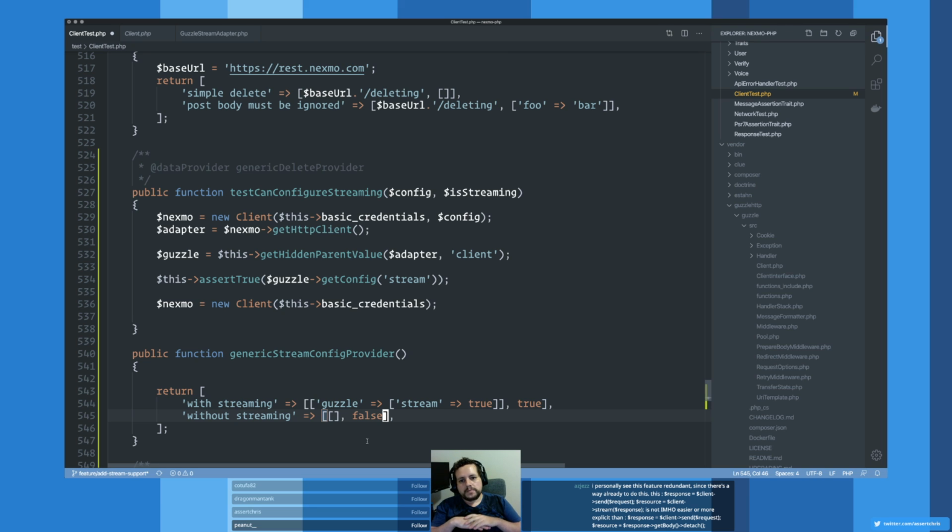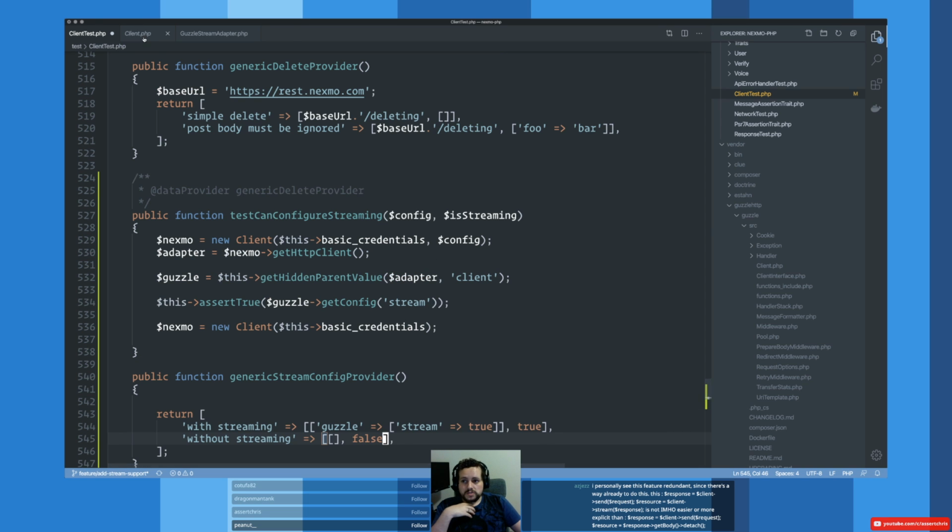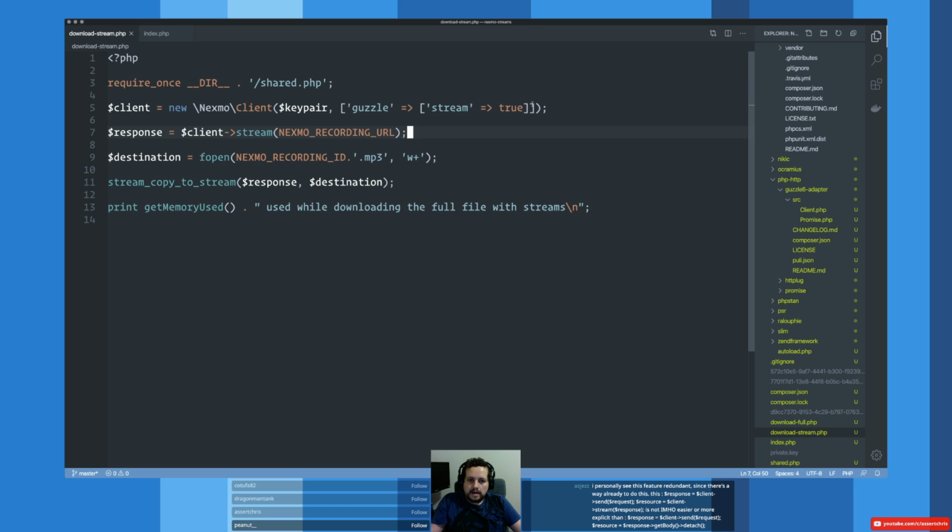So the entire approach of this PR that I've gone with is how do we reduce the amount of effort required to switch from getting the full body in memory to streaming the body, to try and make those things as easy as possible. And so the way that I've managed that with some sane code is to say you can configure the default Guzzle client in the options that were already being accepted by this constructor method, and you can either call get body stream